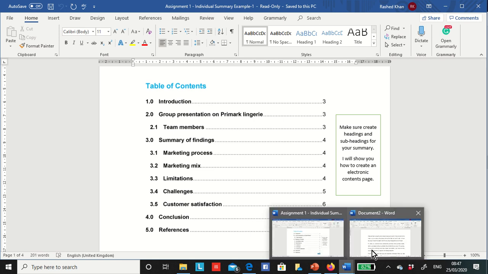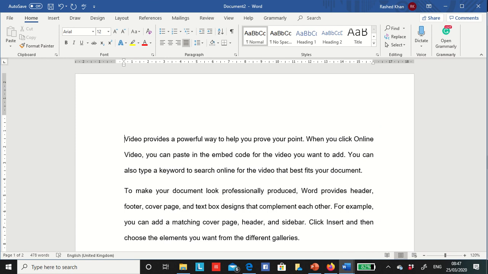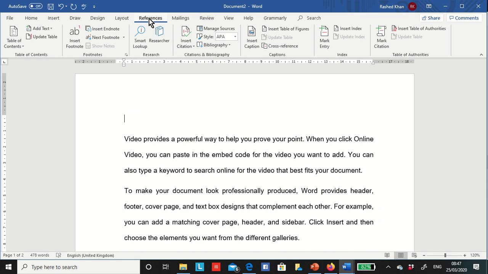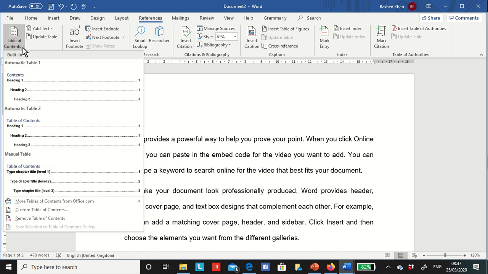Okay, I'll show you now how we make a table of contents, headings and subheadings. First, if we go to References, in the very left corner we'll see Table of Contents. Press on that, click on the arrow button. You'll see all the built-in templates of the table of contents.